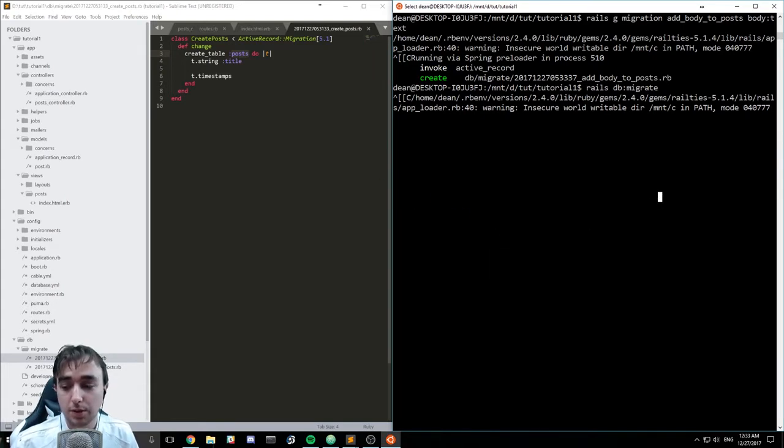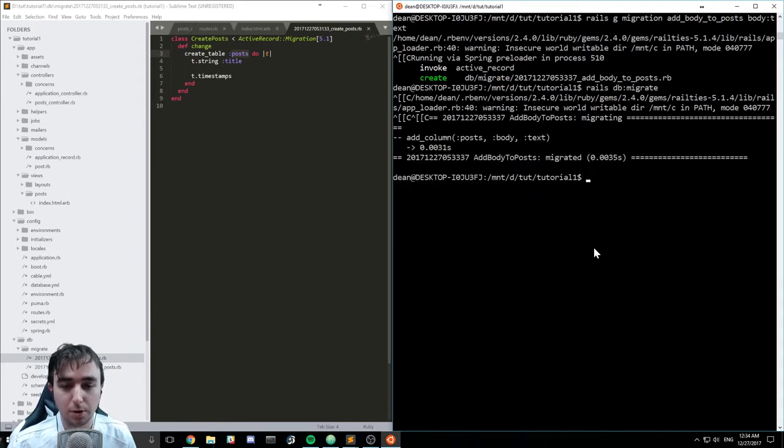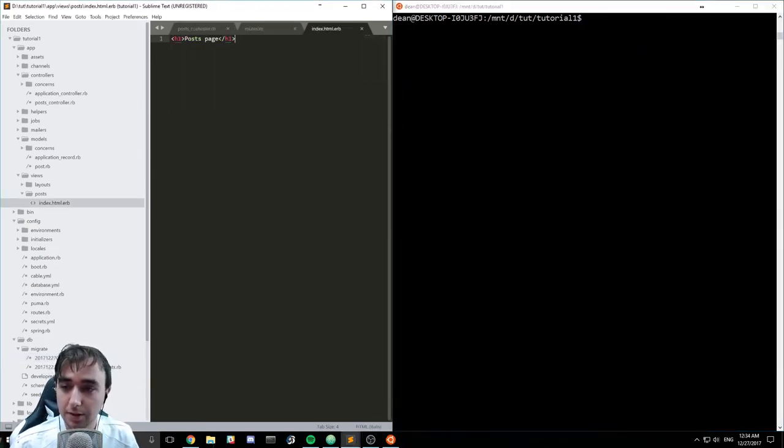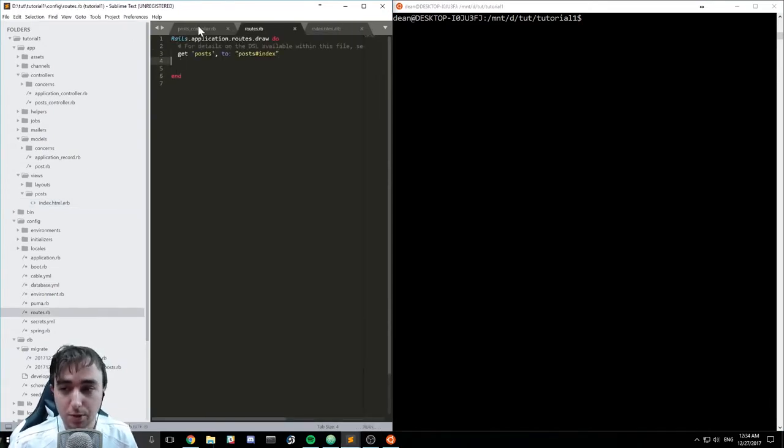And this is important because a lot of times you'll want to add stuff later on. And the first time you go through this, you'll think to yourself, well, how do I add stuff? It's not working. And then you end up spending 30 minutes on Google trying to figure out how to change a migration, when in reality, you just have a different generator for that. So now that that's done, and that's probably a lot of stuff that doesn't mean anything to you yet, but that's okay. What we can do now is we can create a